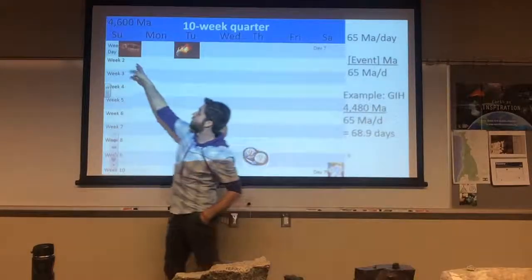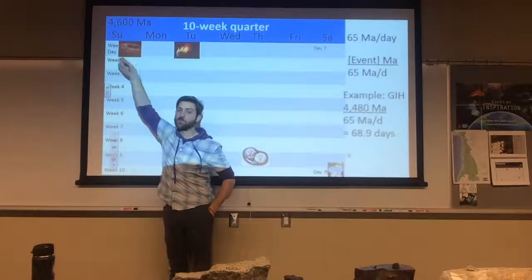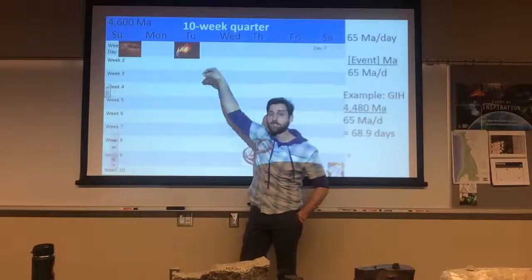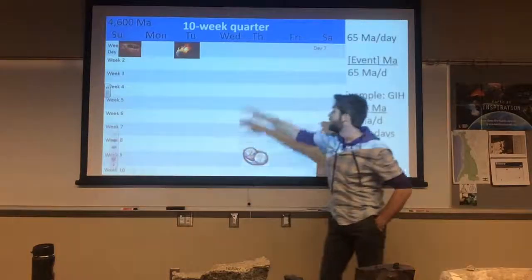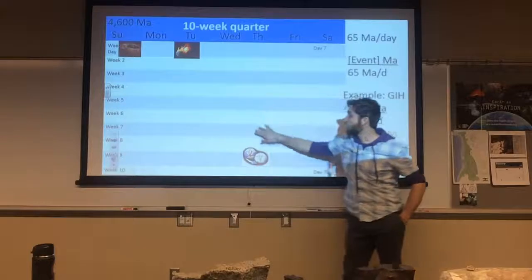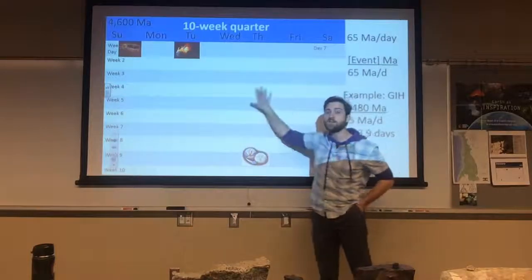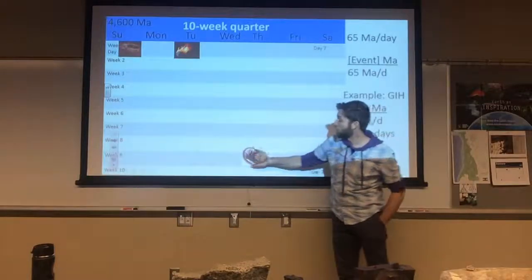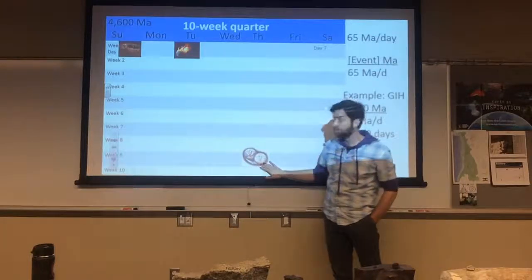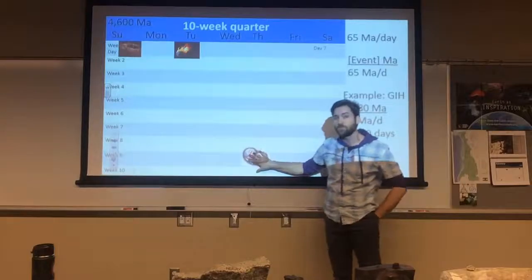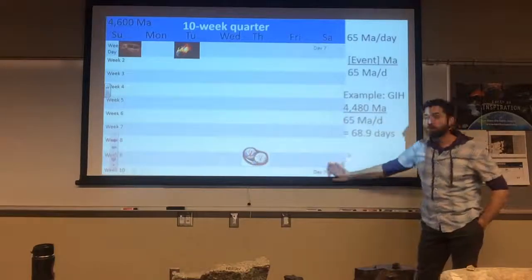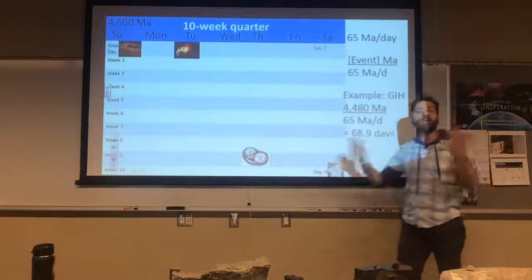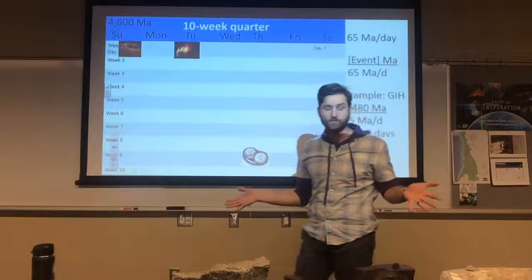So here we have origins of the solar system, 4.6 billion years ago. Giant impact hypothesis, 4.48 billion years ago. Then we fast forward a long ways of geologic time where we haven't talked about anything. We haven't addressed any of this stuff, all the way to about 700 million years ago to the snowball Earth event, and then relatively recently to the Pleistocene glaciation event. Okay? Now that's all of the big things that we've talked about so far.